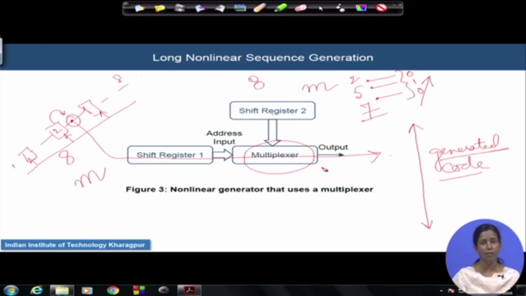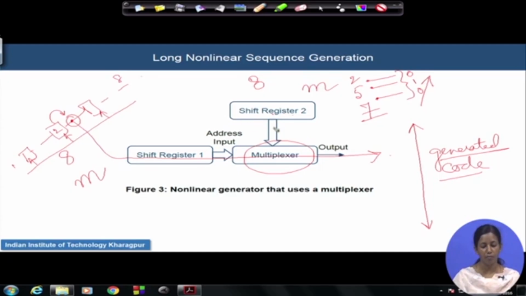So, the way you combine is completely your design constraint, but this is one example, and there are several examples like that, the way you can improvise the nonlinearity inside the circuit that will not increase the number of stages in the shift register sequence generation, but it will definitely help you to improve the security level of the circuit. But remember one thing, whatever you are doing, whether sticking to a single shift register and taking the value from there, or changing the address for each and every clock pulse, or even changing the shift register